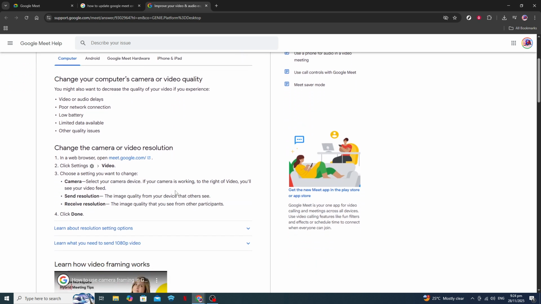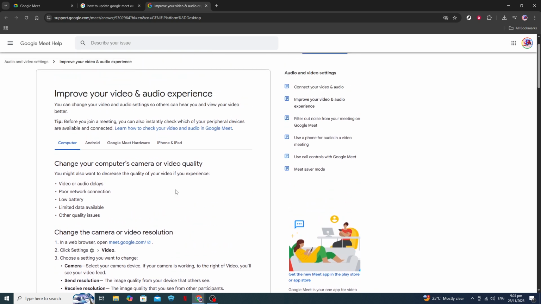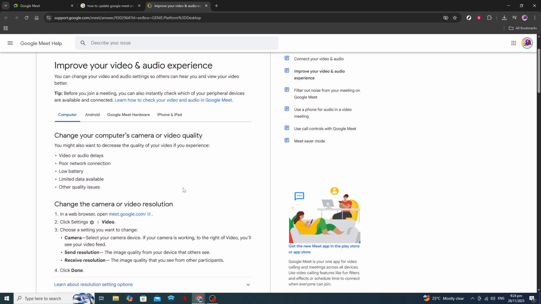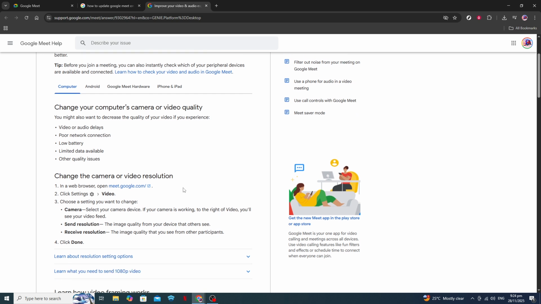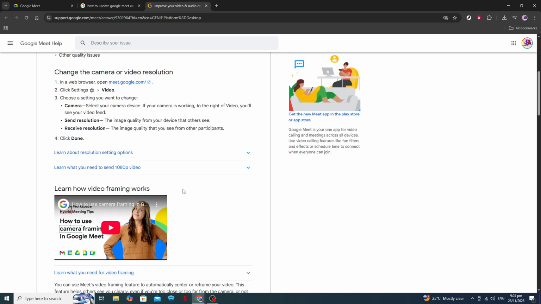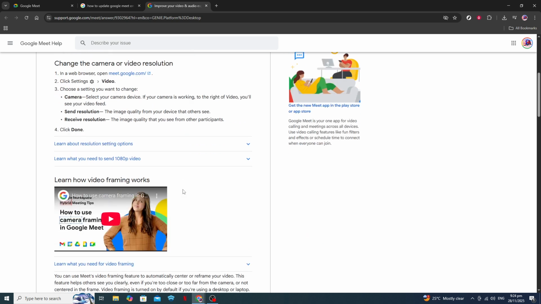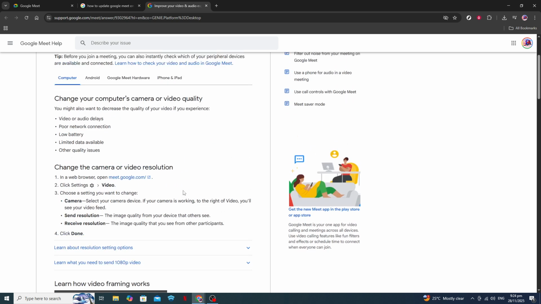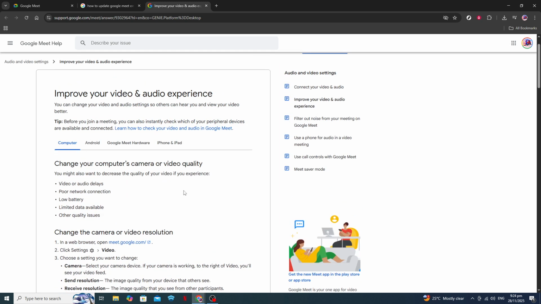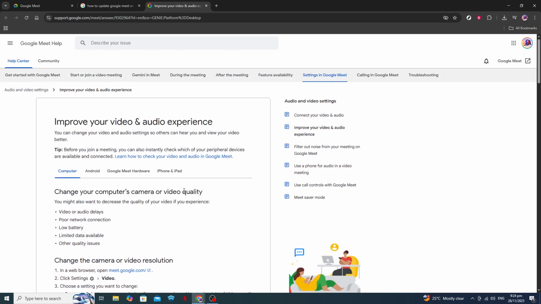Next, normally if there are any updates available for Google Meet, you might have to go through the platform used for downloading it. Typically, this could be the Chrome Web Store if you are using the browser extension or the Google Play Store if you have an Android app, though primarily for laptops, it's the browser's role. What you'll want to do is check if there are any updates available for Google Chrome itself. As Google Meet is inherently linked with Chrome, keeping the browser updated ensures that Meet is running on the latest